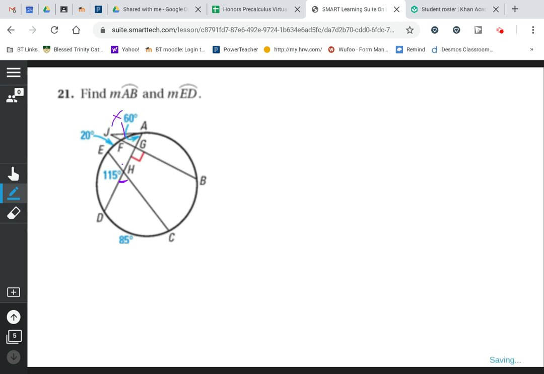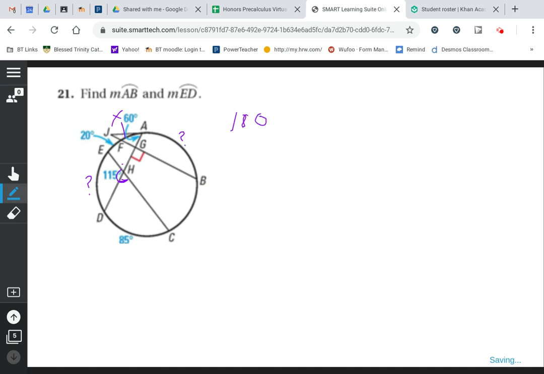Remember, the whole theory to this thing is, even though we're trying to find AB and ED, you want to find as many of the arcs as possible, not necessarily the angles on the inside. But this is what's going to help us here, in that if we can find CHD first, it's going to happen. Now, here's the great thing. Since we know that EHD, this angle right here, is 115, then we know that CHD has to be 115